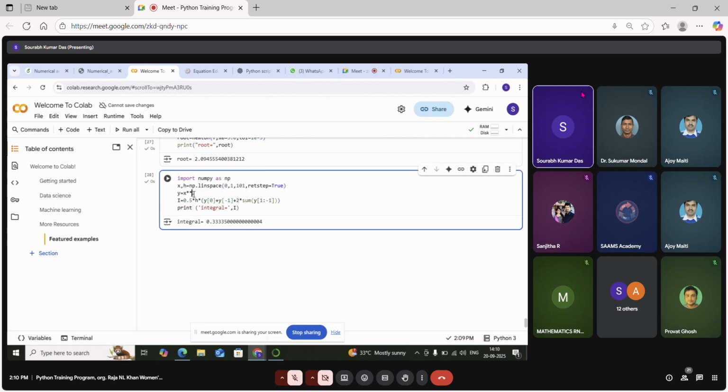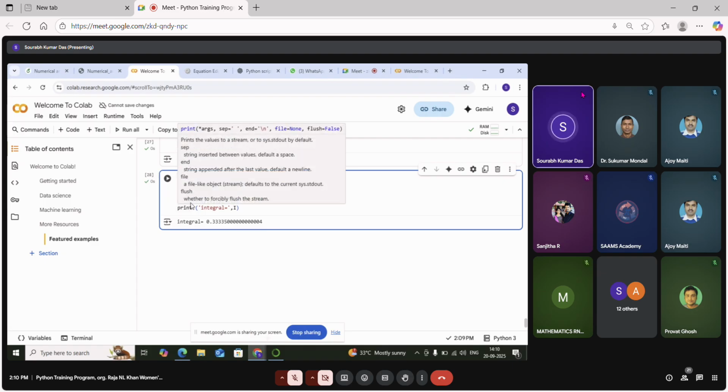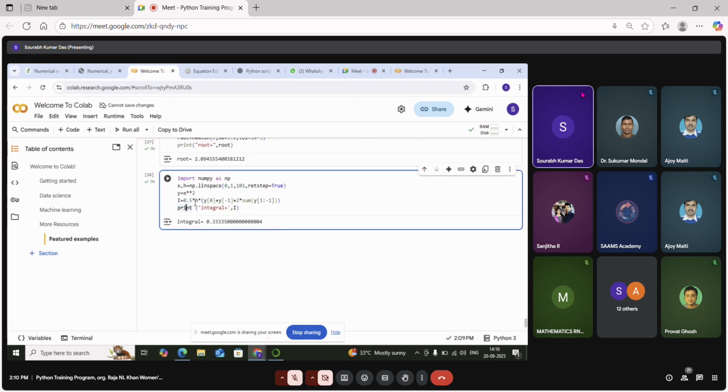Next step, we have defined y is equal to x square. And the next step, the trapezoidal rule, that is h by 2. Here y0, and y minus 1 means the last value. And thereafter,